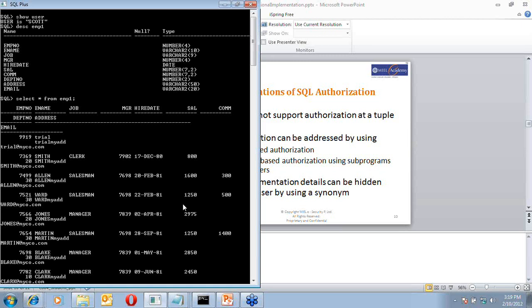Now let's consider this employee one table. It basically consists of the data of the employees of that organization, and the organization has got some inbuilt portal, some kind of a portal built specially to cater to their needs, which is the front end form, which is made available to these employees, and basically they are allowed to access certain data about themselves and modify certain data like address or email about themselves through this portal form.